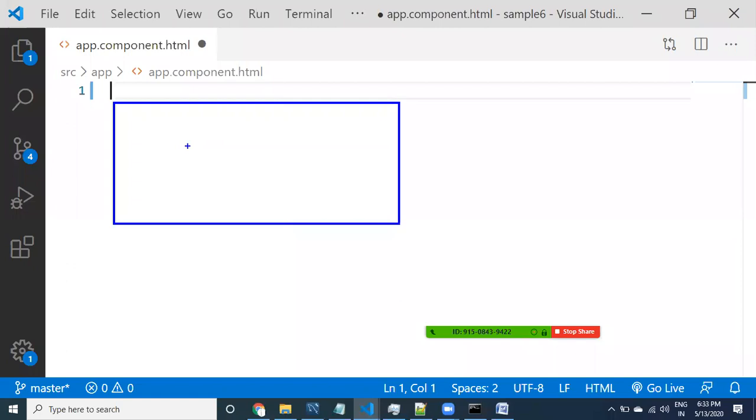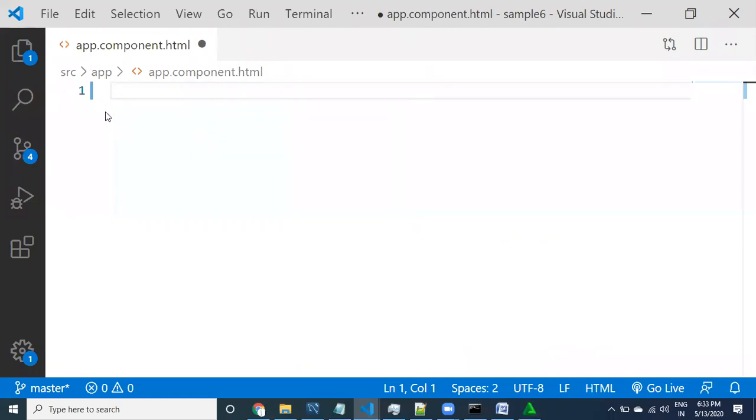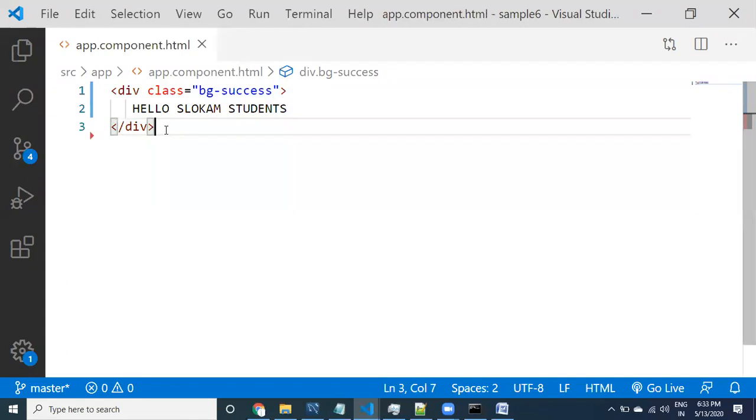I would like to make it separately. I want to write our logic in a separate component, so I would like to create a separate component to display employee data. That is very simple for us. We have already done it many times. Let us create one more component.